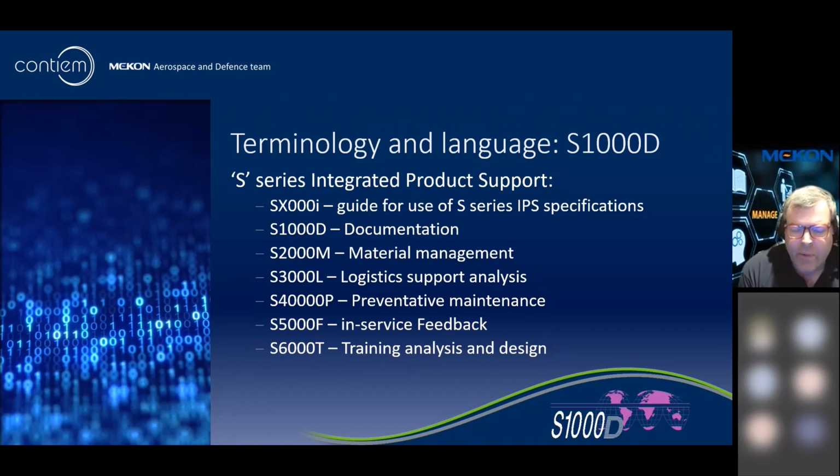The different parts of the specification, the different thousands, if you like, so 2000M, 3000L, 4000P, all look at different aspects of the information management, logistics management, and parts management that you need. And then down at the end there, we've got things like 5000F and 6000T, which provide feedback mechanisms and training analysis and design. And all of these integrate together. So, for example, 6000T does the training analysis and design, but they still use S1000D documentation to actually create the